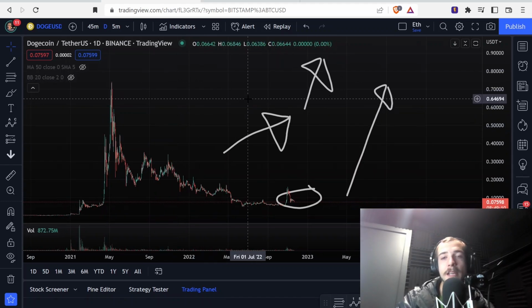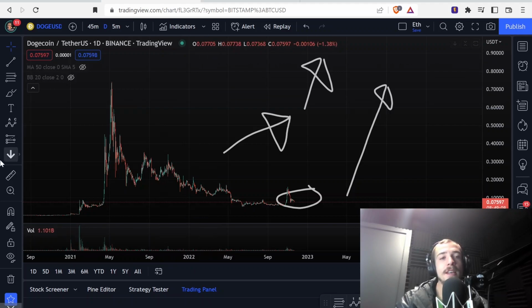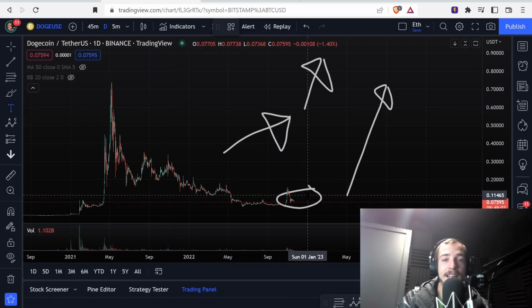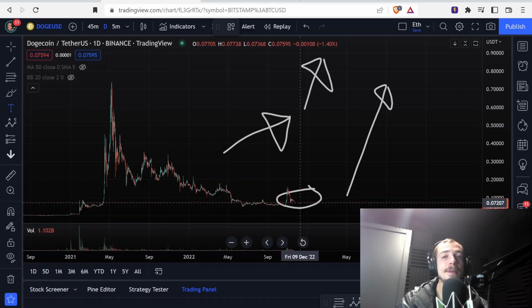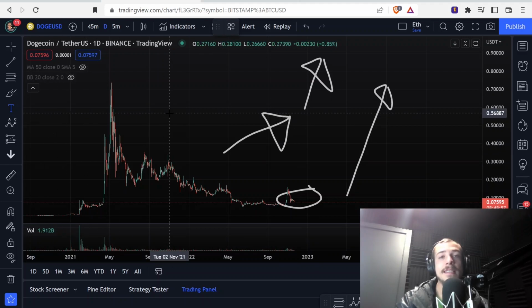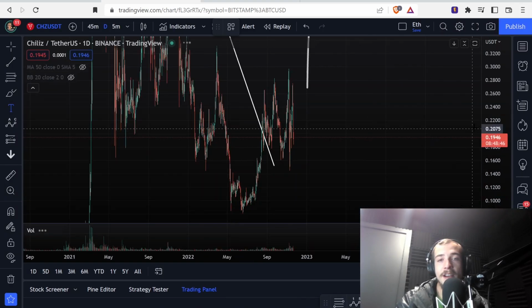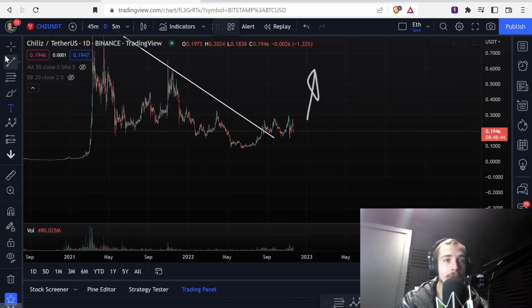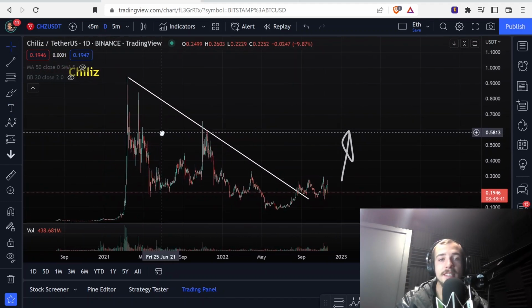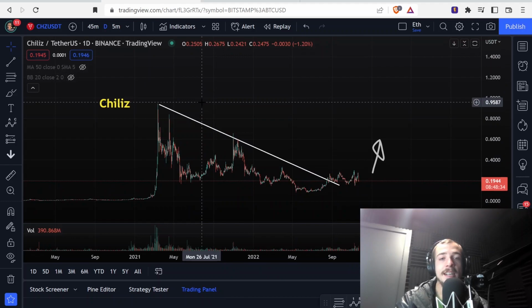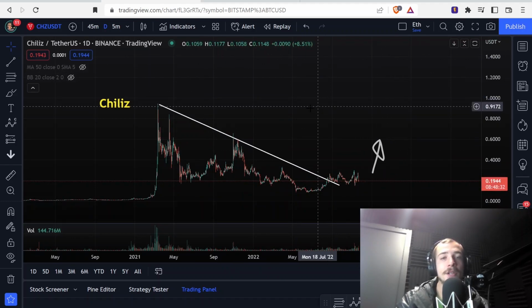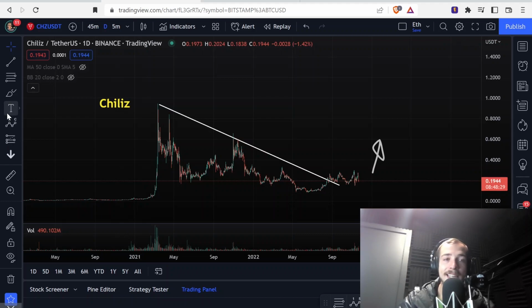So it's really about positioning yourself. In my opinion, what I've noticed is it's really about positioning yourself in these dips, buying the dip. And if you can do that, you can really set yourself apart in investing, and you can do well in these markets. So whether you're buying Dogecoin, whether you're investing in Chili's, which is one that I am personally very excited about, this one is another one of those projects that can just break its all-time high, shoot to new all-time highs, and completely change your life.